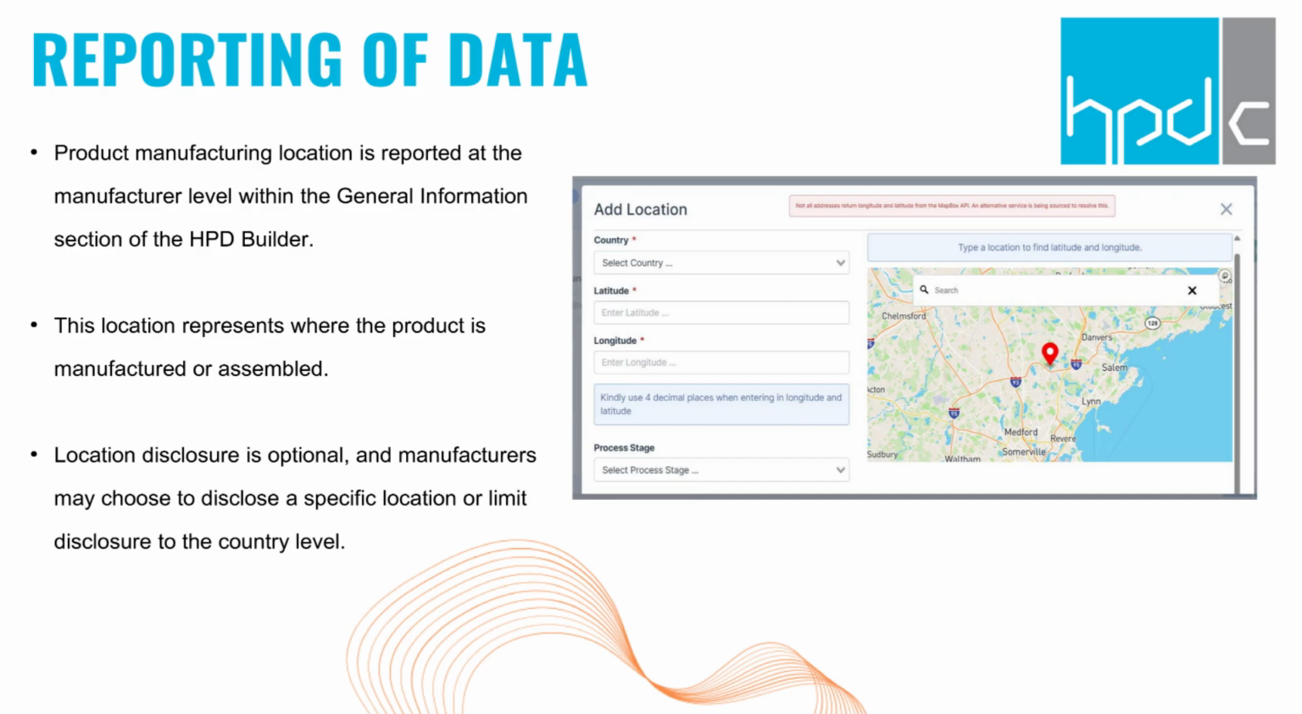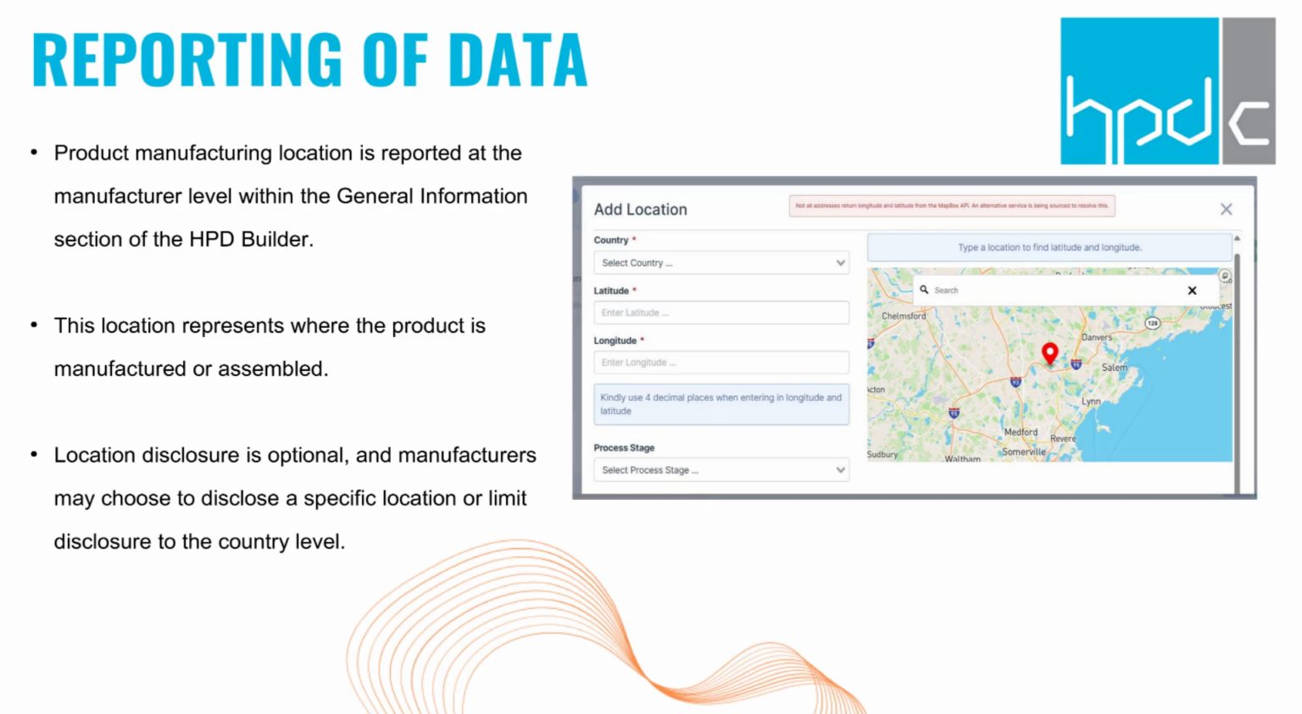This slide shows how data reporting works within the HPD builder when using the location indicator. At the product level, the manufacturing location is recorded within the general information section. This is where manufacturers can indicate where the final product is manufactured or assembled. At the substance, material, or polymer level, location details can be added for each relevant stage in the supply chain,